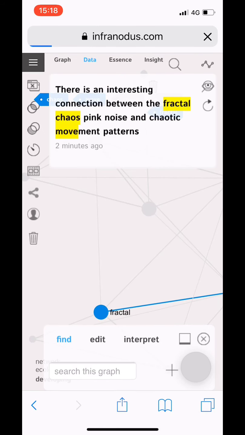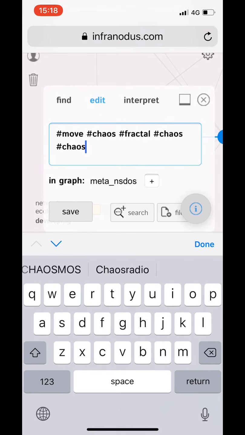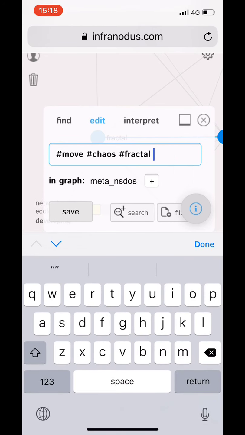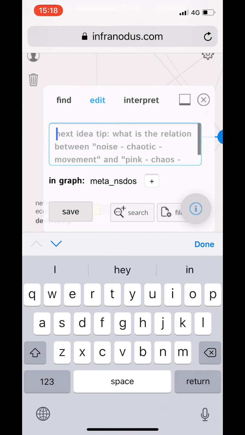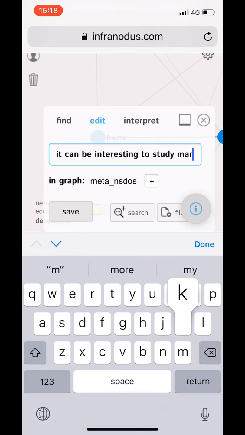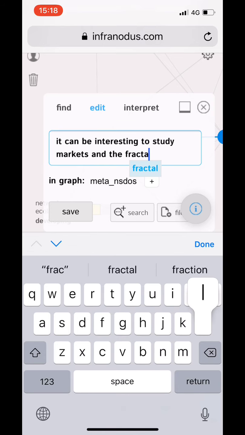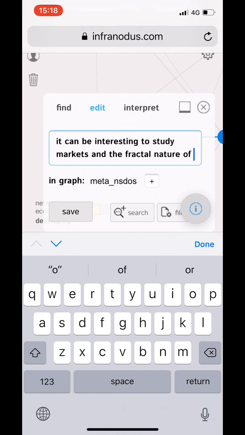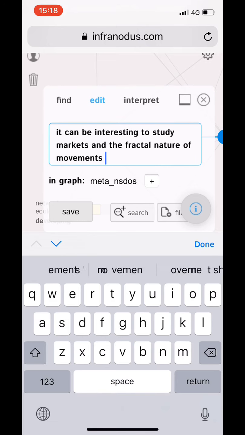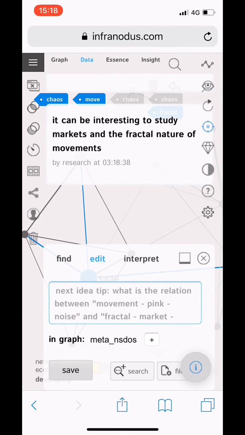Here I open my new graph and I can add something about the markets here, some new idea. So for example, it can be interesting to study markets and the fractal nature of movements. Okay, so I add this, then I can go back